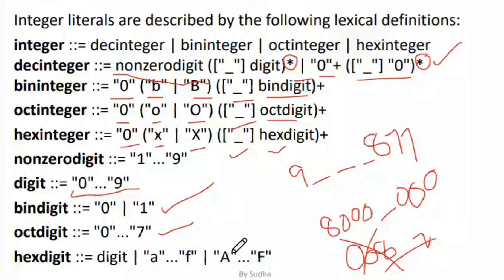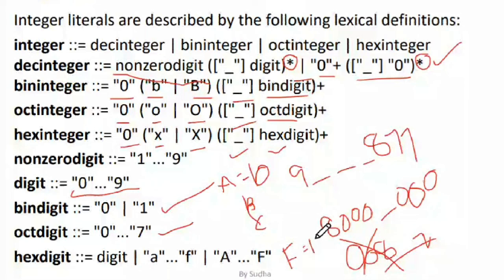A represents 10, followed by b, c and all that, till f. F represents 15. So a represents 10, b represents 11, c represents 12.